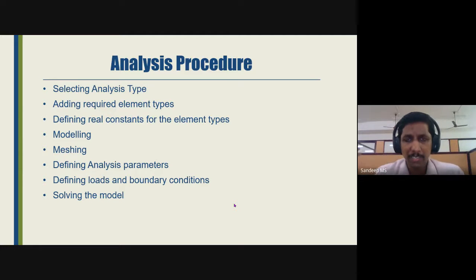Once we complete the model, as far as ANSYS is concerned, that will be just some boxes. If you have created a rectangular prism, that will be just a box. It will not have any sort of property. So even though we have defined the property, in the next step we have to assign the property. In our case, we will have our beam, which is made of concrete. For that beam, we have to assign the properties related to concrete.